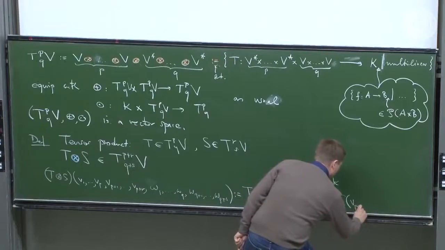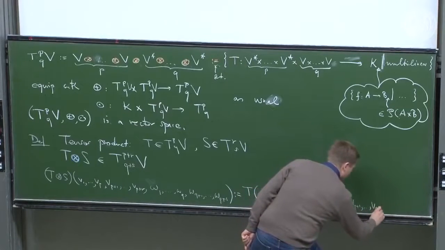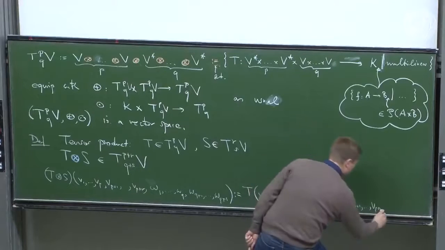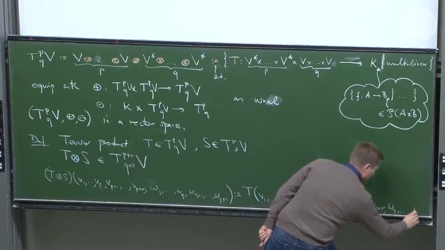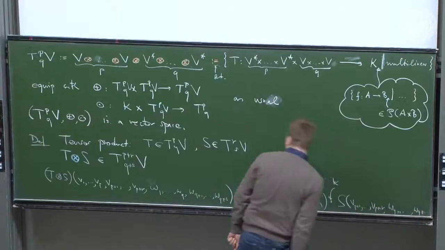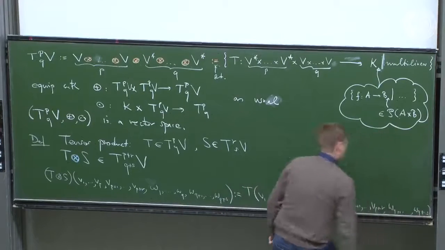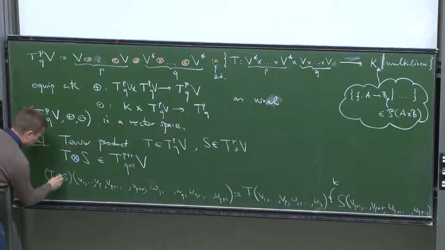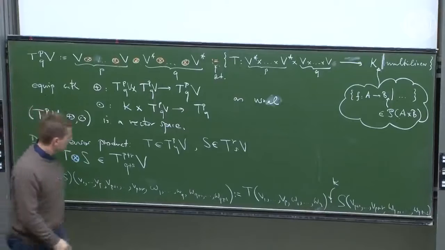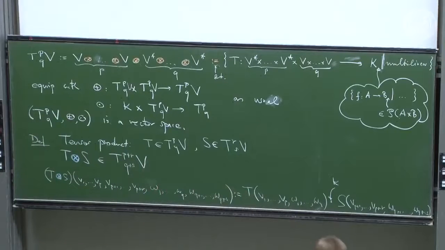It's the Vp plus 1 to Vp plus R, and the omega q plus 1 up to the omega q plus S. And this is the tensor product. That's very simple. So that's one important way how we construct new tensors from given tensors. Now, however, examples are in order